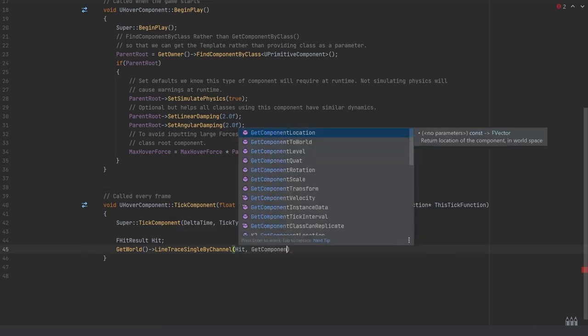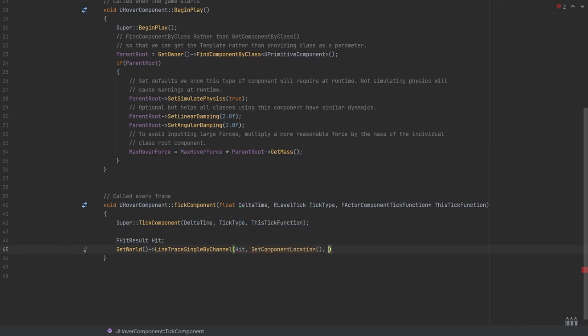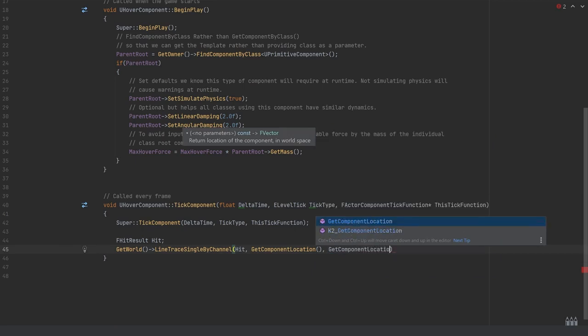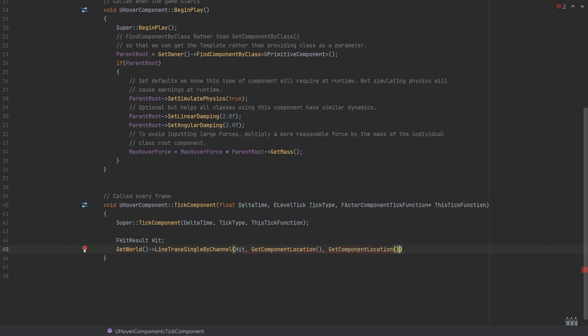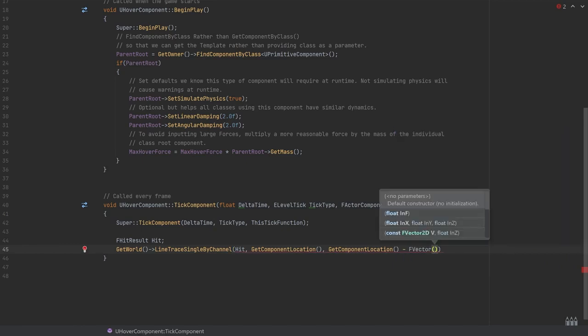Then next, we can see our first type-specific use of the scene component. So for the trace dimensions, we can actually provide the value returned from the getComponentLocation function call, which, as you might expect from the name, is going to return the location of the component. In a similar way, the endpoint of the line trace that we'll be using is going to be the result